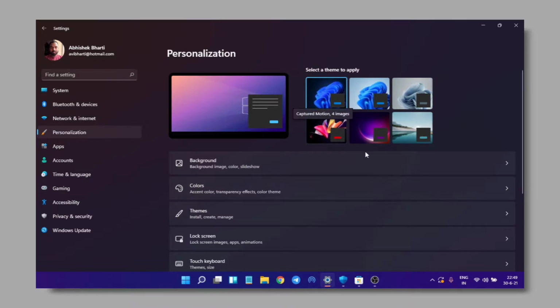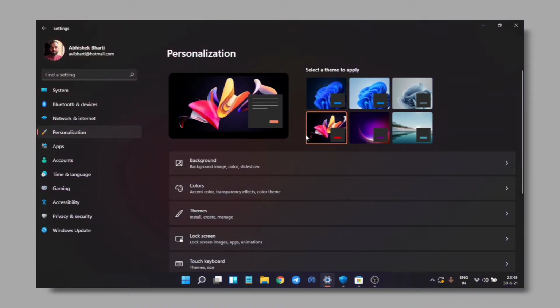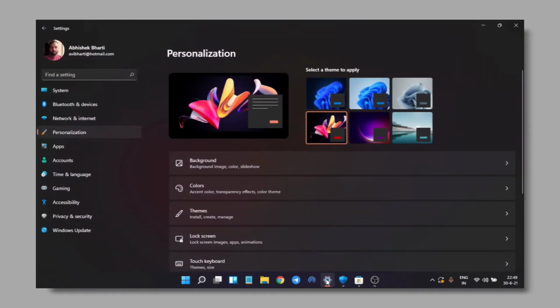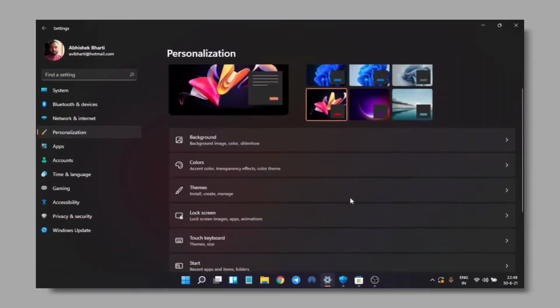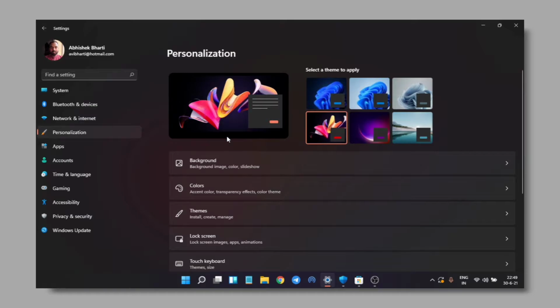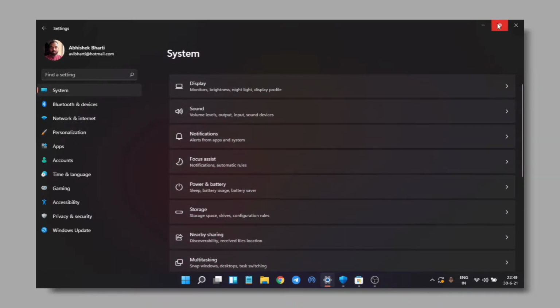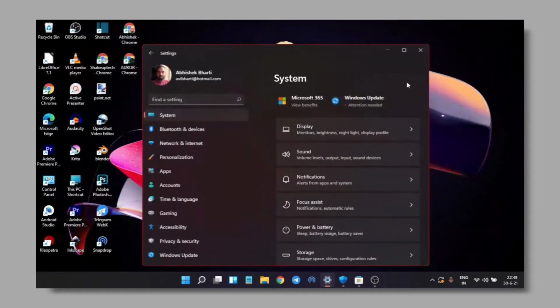and it's a bit buggy, I don't know if it's with my device or with Windows 11 in general. So when I change themes, sometimes I just cannot go back to settings. Like if I minimize, you can see the wallpaper has changed. So that's not a big deal, actually. It's fine. So you can see this is how it feels with this wallpaper. And if I minimize it, you can see the red accent is.